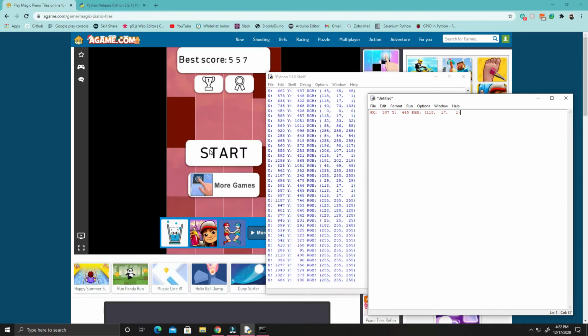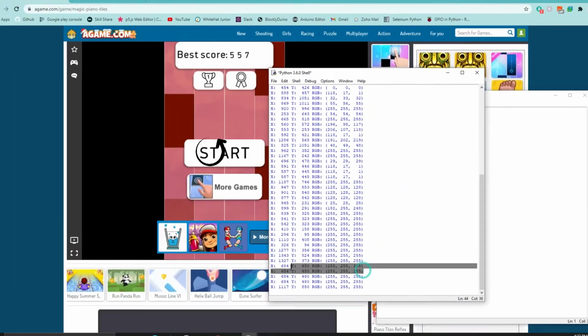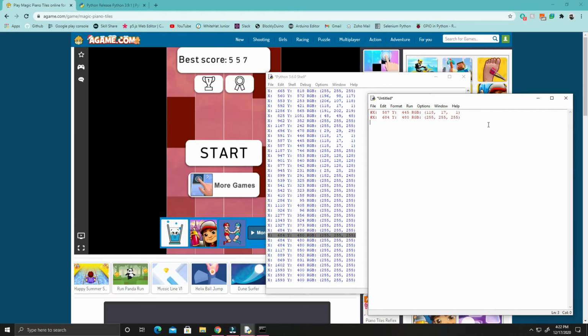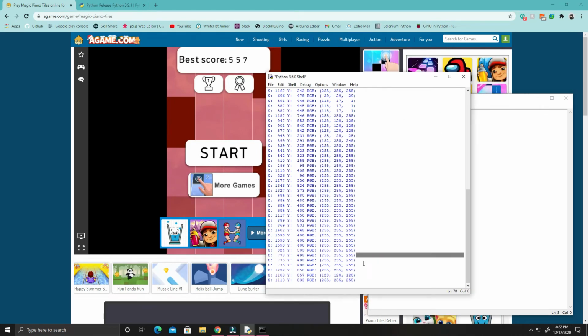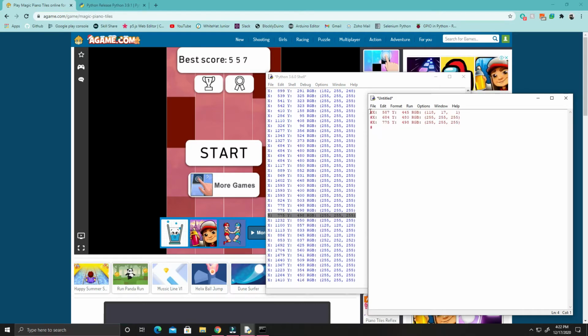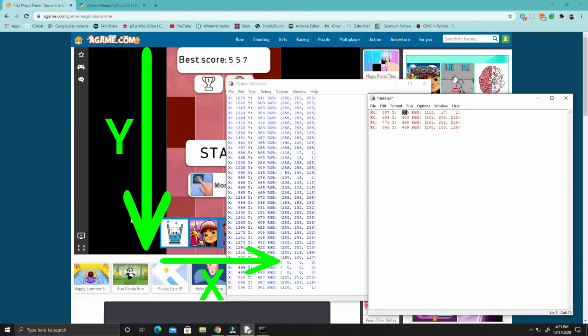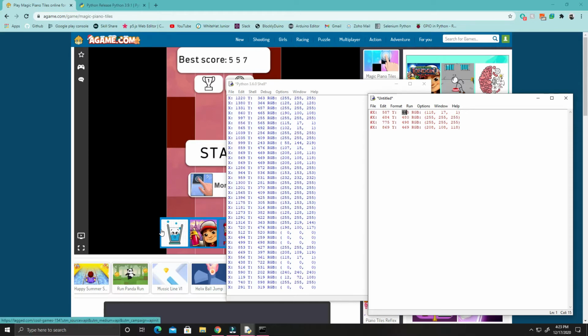Next keep your mouse in the middle of the second lane and copy this, again hash and paste, and now the third lane. We are typing this here just for reference. You could also just note the X and Y position, and now the fourth lane. So we have all the X and Y positions of each lane. The Y is the top to bottom position, and the X is this. You could see this diagram on the screen.